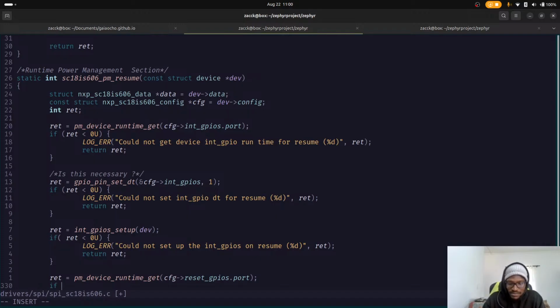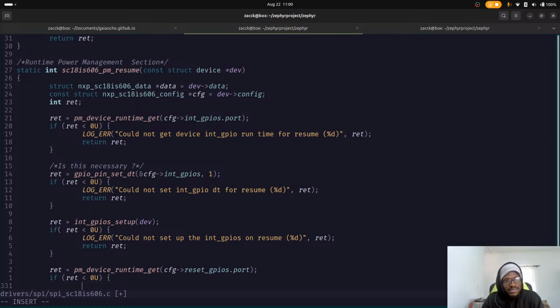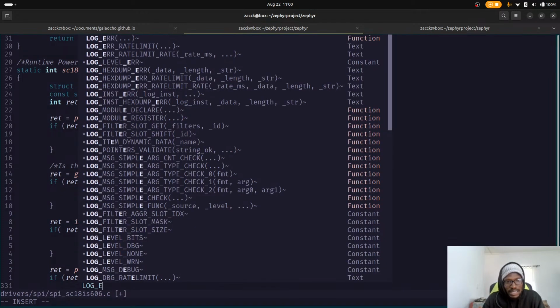Anyways, if ret, so u, what if it's not provided? Anyways, we'll see. Log error